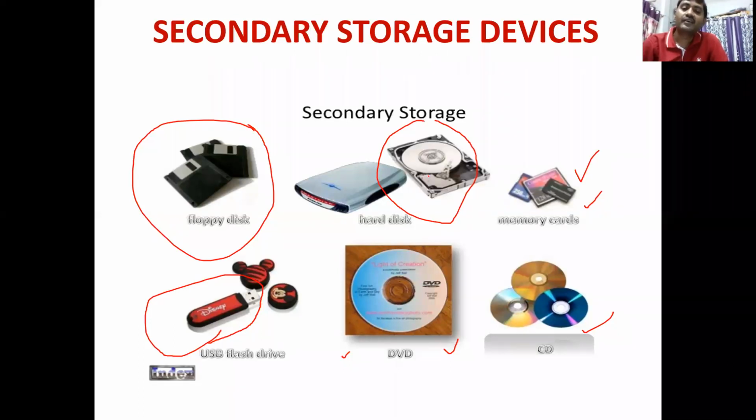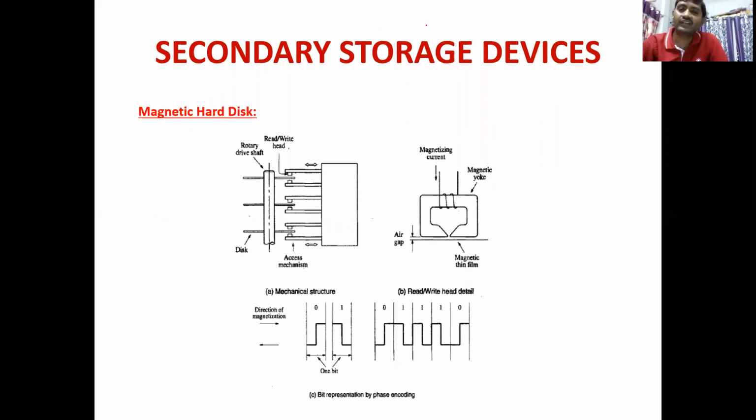Next is the hard disk. Have you seen a hard disk in your first year lab? I don't know whether you have seen it after opening it, and I don't have one now to show it. But see here on the screen, this is the hard disk structure. There is a spindle. Onto the spindle, the magnetic circular plates are kept one over the other, and each has a read write head on both sides. This is a head.